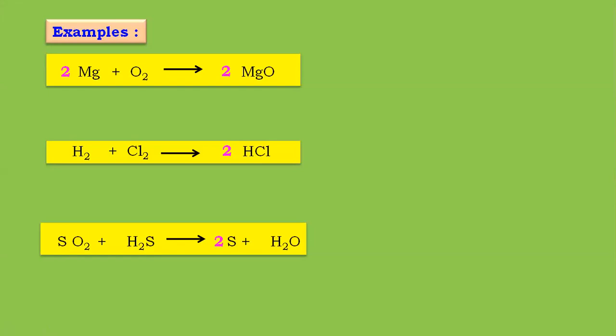Now, do we have any bajuwala next to S? No. Is there anyone who is getting affected? No. So let's move ahead on the left hand side. The next element is O. O is how many on the left hand side? 2. So let's make O2 on the right hand side. Have you all made O2 on the right hand side? Because you put 2 in front of the O, the bajuwala got affected. Who's the bajuwala here? Hydrogen. How many hydrogen has it become? 2 multiplied by 2, which is 4.